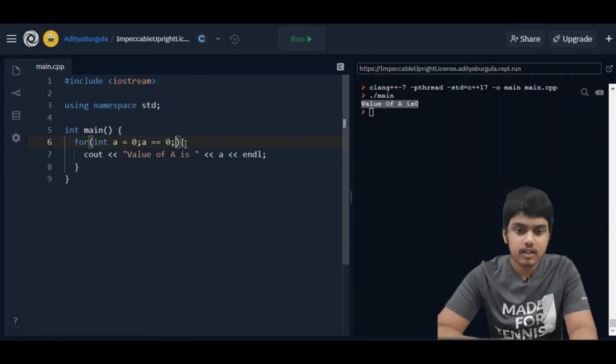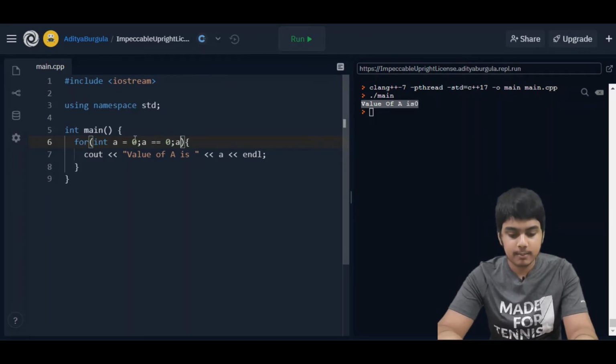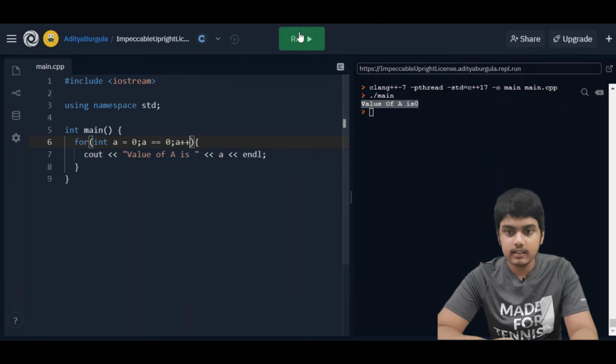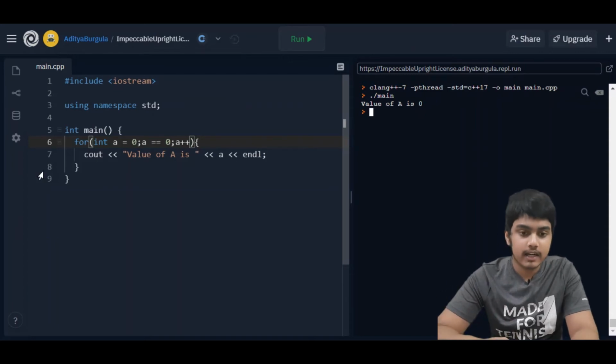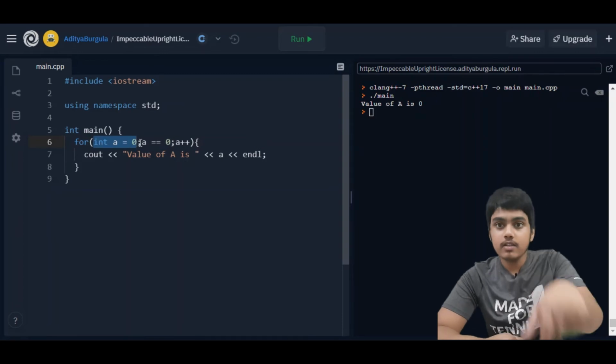into different lines. And now here we can even add the increment operator. So I'll add it like this, and now let's run this program, and it should just print the same. So now what exactly is happening? I think you can guess by now. So first it is creating a variable called a